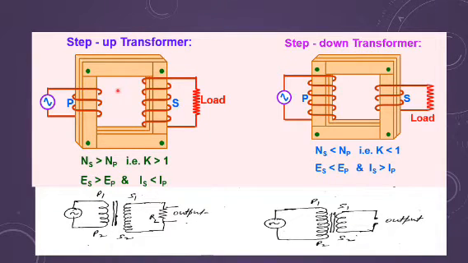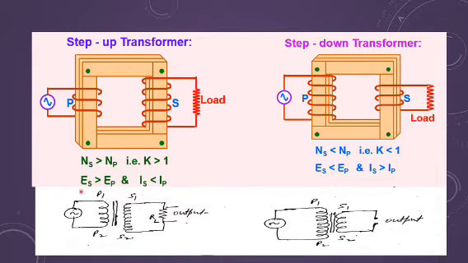For working, you should know that I can have two types of transformers. One is the step up transformer, the second is the step down transformer. When you need to draw, you can draw the number of turns simply like this. This shows the input, you are giving AC, this is the symbol of AC. And the number of turns in the primary coil is less than the number of turns in the secondary coil. It means you are raising the number of turns when moving from primary to secondary, so you are increasing the EMF.